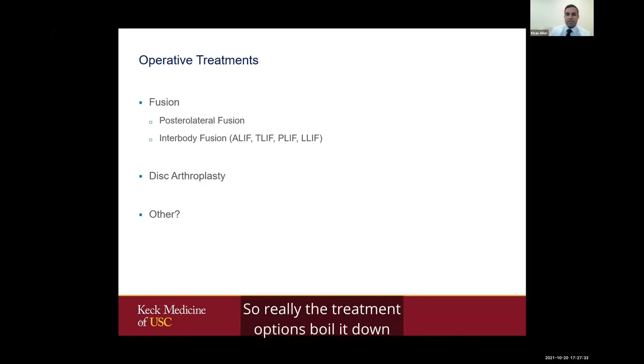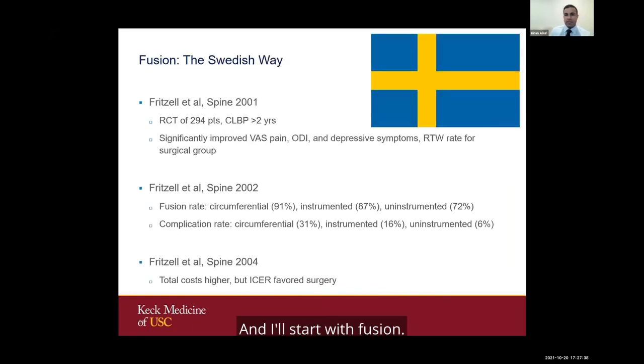So really the treatment options boil down to just two things: fusion versus disc arthroplasty. And I'll start with fusion. This is all very controversial in patients with just purely back pain and no neurologic sequelae, and I'll try to explain why it's controversial. But in the early 2000s, there were quite a few studies coming out of Sweden, and